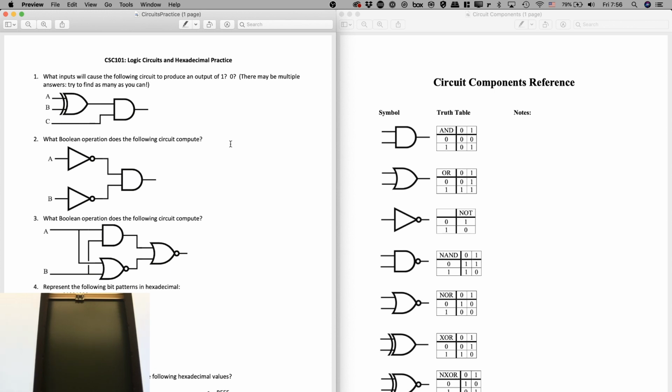If B is 1 and A is 0, OR would give us a 1, negate it, we get a 0. So what's coming out of both of the first two gates? Zeros. 0 or 0 is, careful, 0 or 0 is 0, and then negate it, and so we get a 1. Okay, so if we have 1, 0,